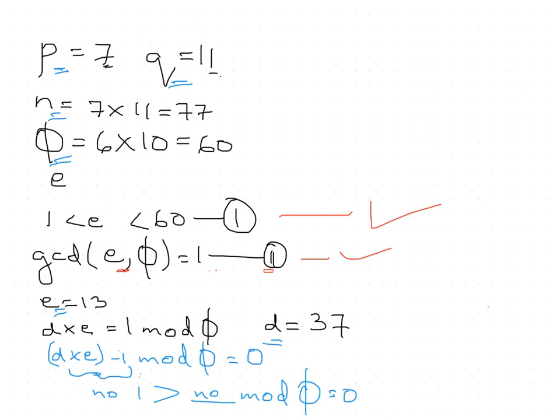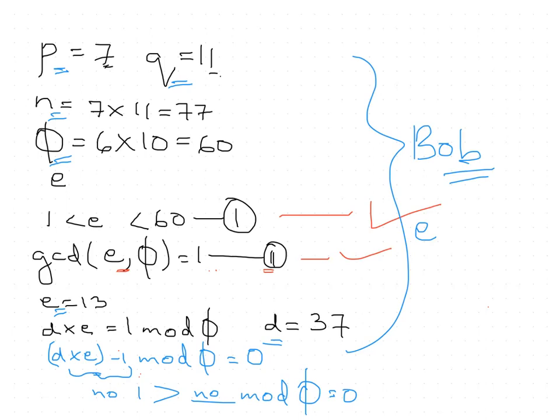Now, in the earlier equation, if you remember, I had told you your ciphertext is plain text raised to the power of E, and plain text is ciphertext raised to the power of D. All this calculation is happening on Bob's end, that is the receiver's end, right? So now Bob will announce E to all the other parties on the network,